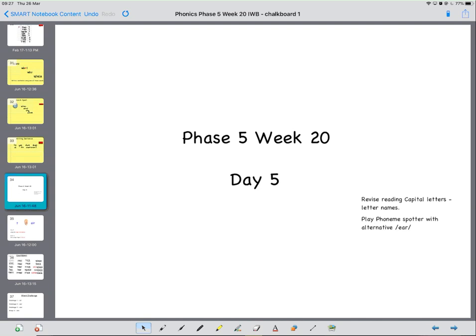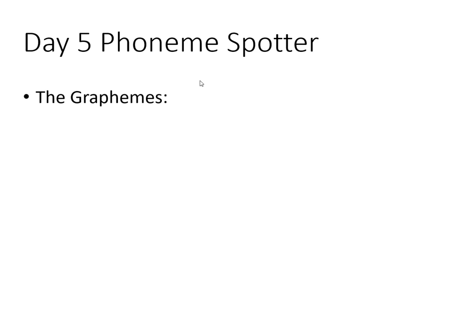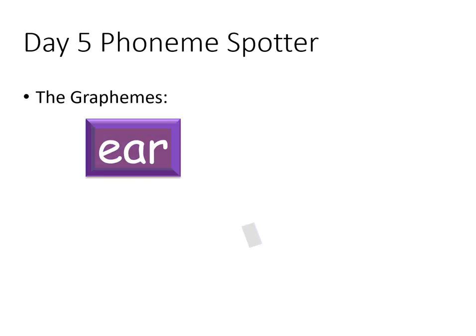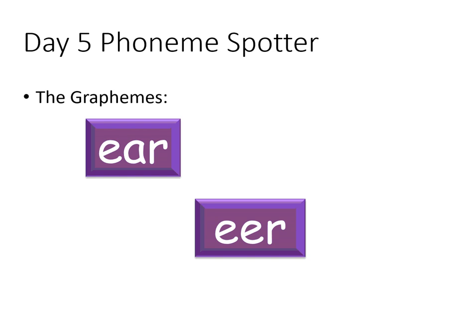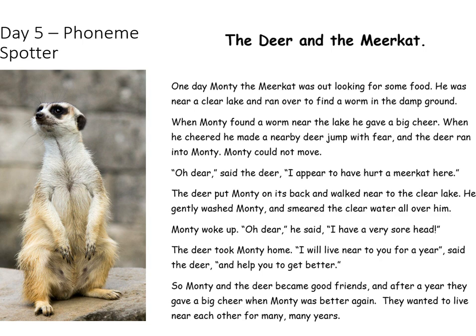Okay, so the graphemes that we're going to be practicing today that you're going to be looking for in the text are ear, ear, and ear. Now this is the text. Now the way this works, grown-ups, is I'll put a PDF of this page for you to print if you want to, but alternatively your child could write down the words which use that